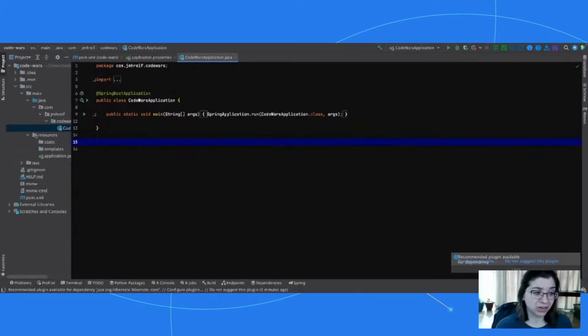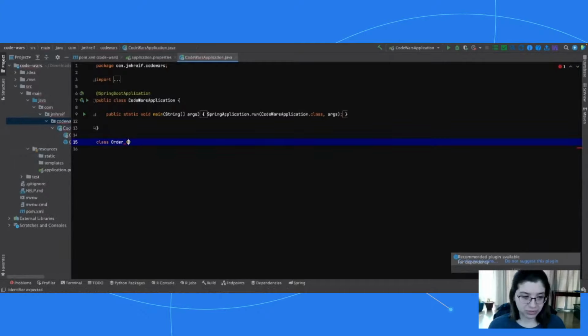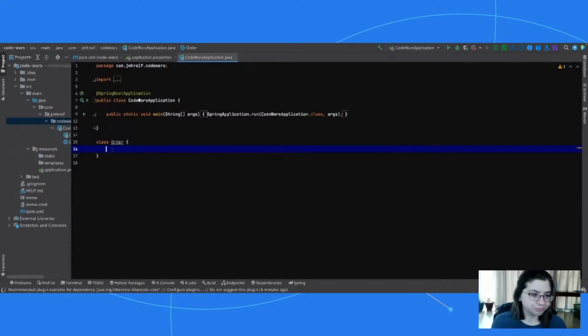Okay, so let's just start our application. We have a class of Order, because if you recall our data model, we have orders and products, and the relationship between those. Now, I'm using Lombok, so I'm going to use the Data annotation, which gives me all of my getters, equals, hashCode, toString methods, etc. It does that all for me out of the box with that annotation.